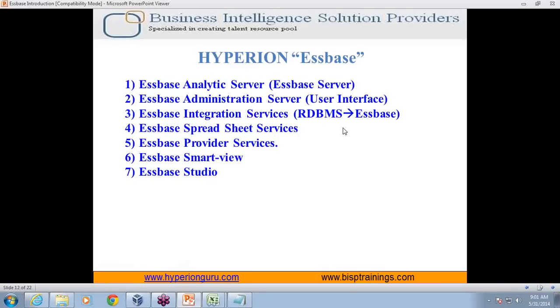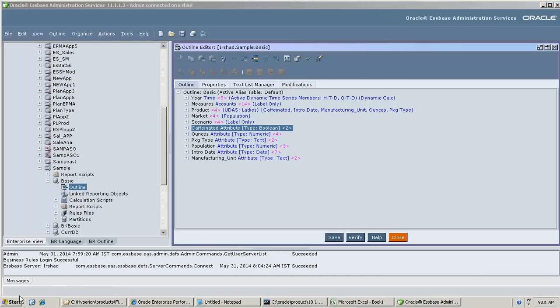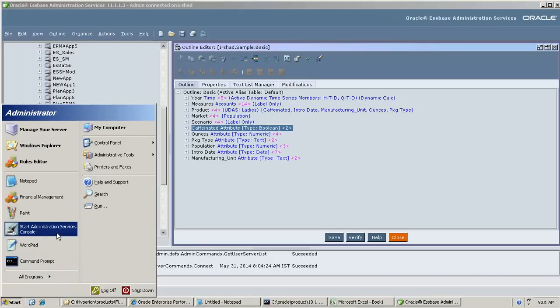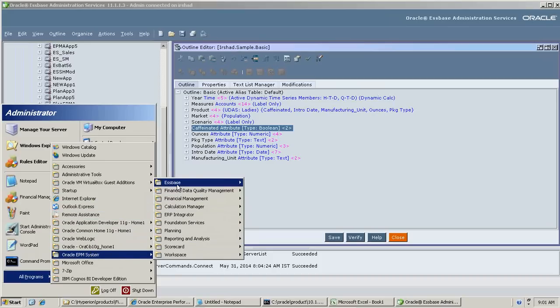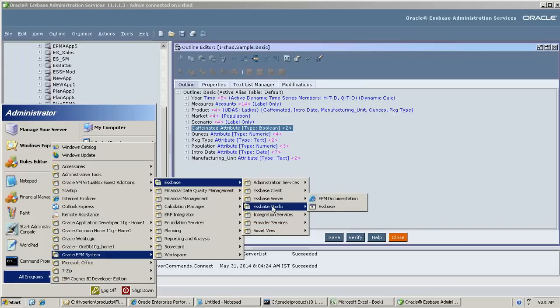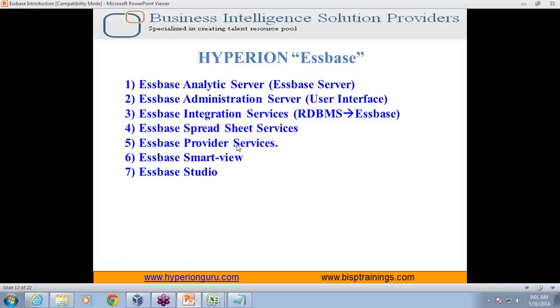Then there's another client recently added called Essbase Studio. Essbase Studio is also another interface through which we can design a complete solution. It's again an IDE, an Essbase integrated development environment. All these components you can see under your Essbase.